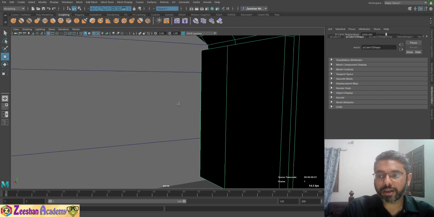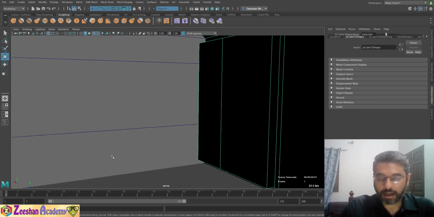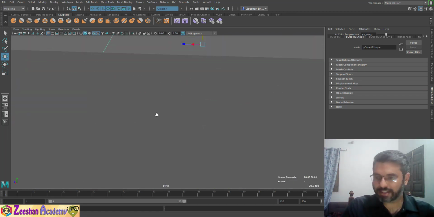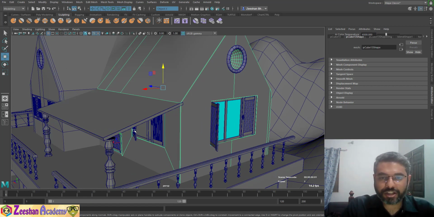However, if you need to work inside an object, in this case for example a room, or inside a particular equipment, inside a box where you need to work, this becomes a very difficult thing. And if you need to move your camera in and out of an object, you can see it's very difficult to control. A very quick and easy workaround for that is if you go into your attribute editor.